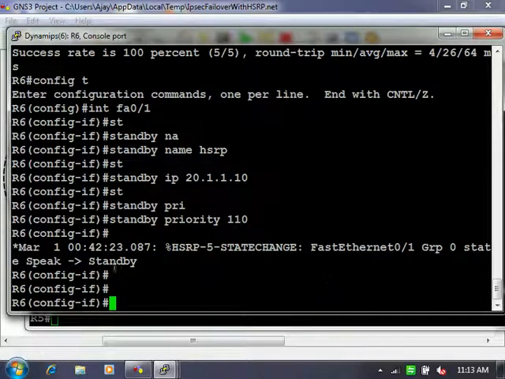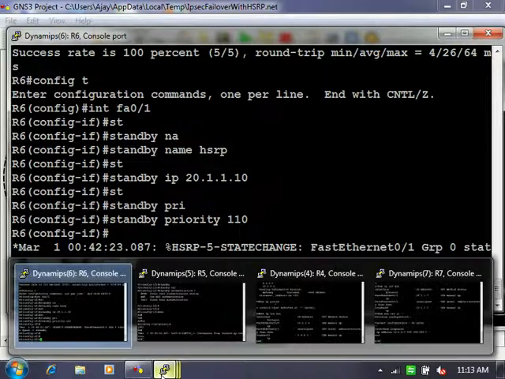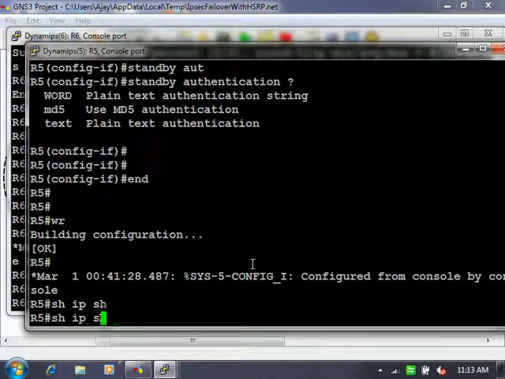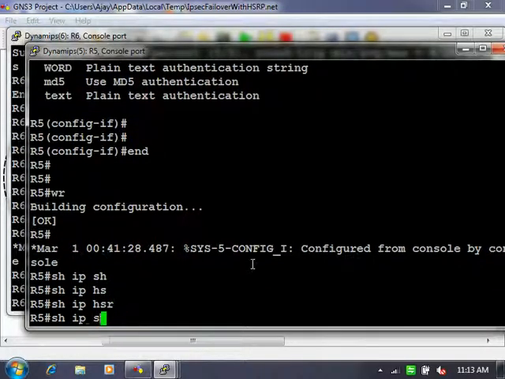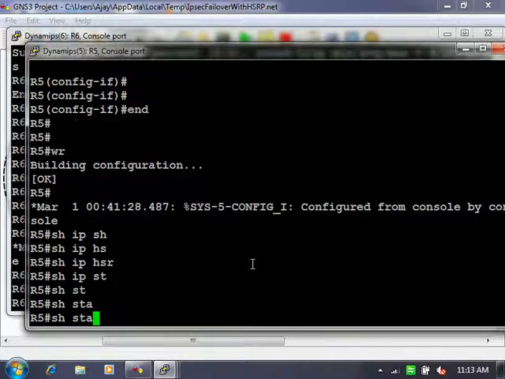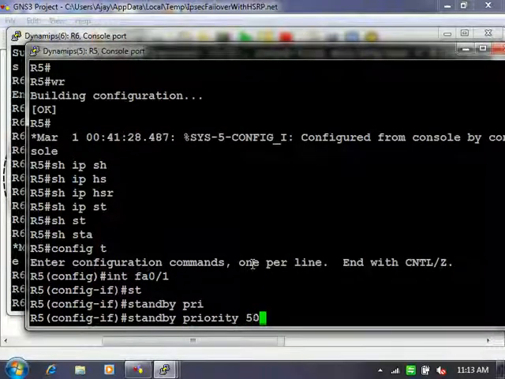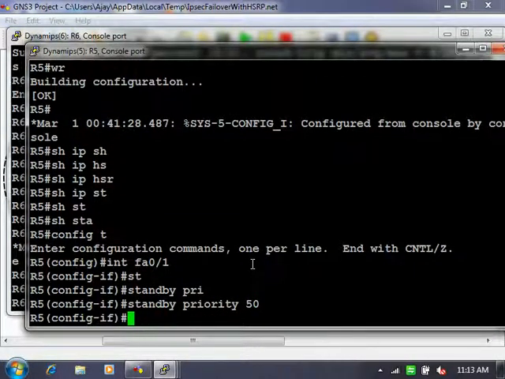So it is standby as of now. How come it becomes the standby? Actually it is supposed to become active, right? So the lesser one will become the active. Oh, I thought that the higher one becomes the active. Okay, sorry.